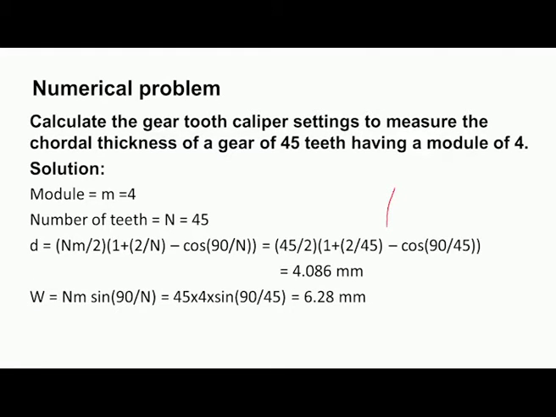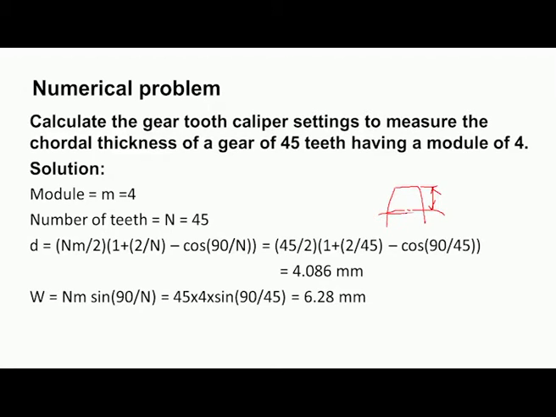So, this is the gear tooth profile, this is say the pitch line, and we want to measure the chordal thickness.